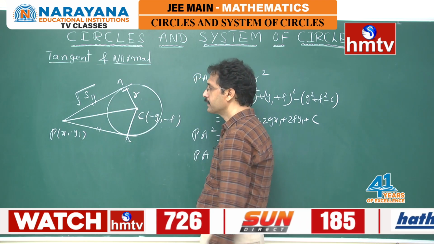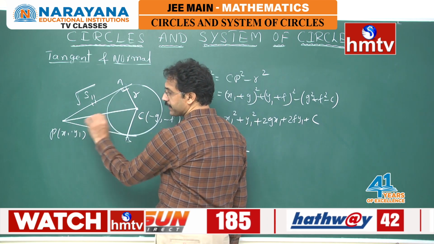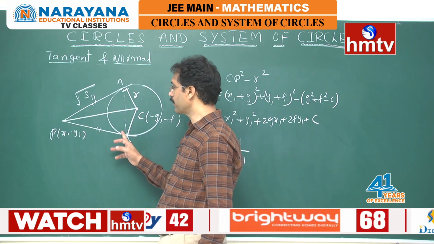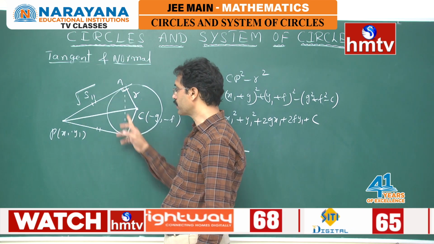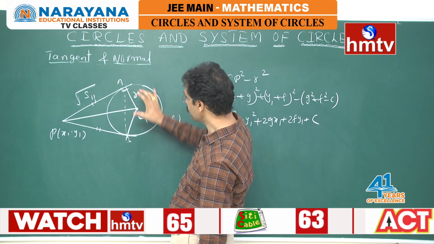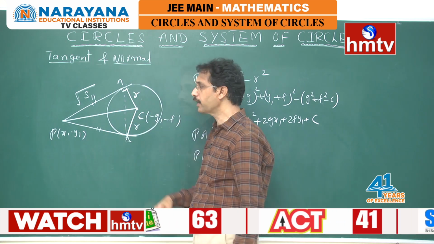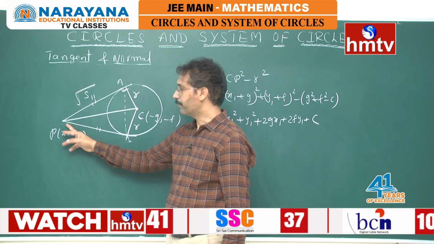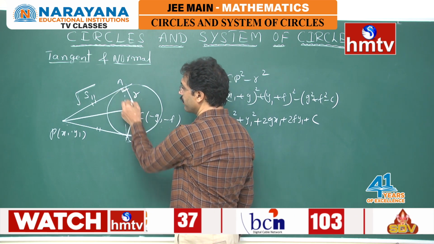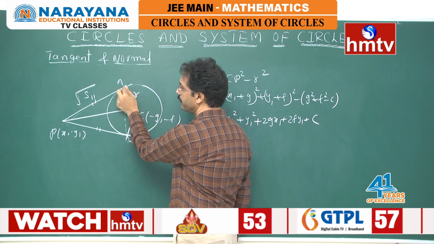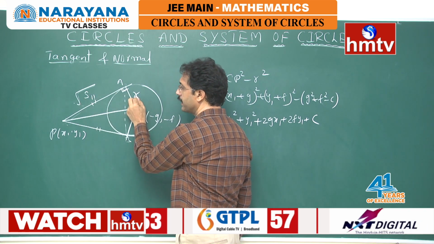Here, see, since this CP is the angle bisector. Why? Because if I join like this, this length and this length are equal, so it is an isosceles triangle. Then obviously it will be the angle bisector. This length is equal to this length, no, both are radius. Now here, see, this area and this area both will be the same. Since it is a right angle triangle, this area can be written as half of base into height. The base, if I take as root S11, height as R.